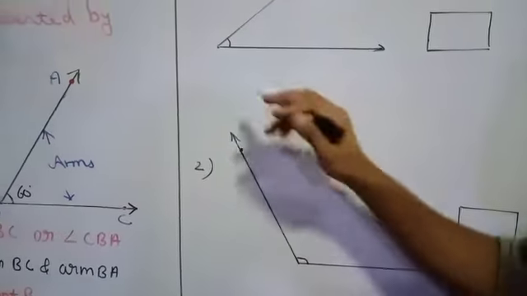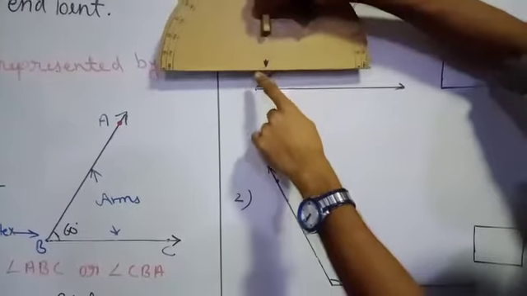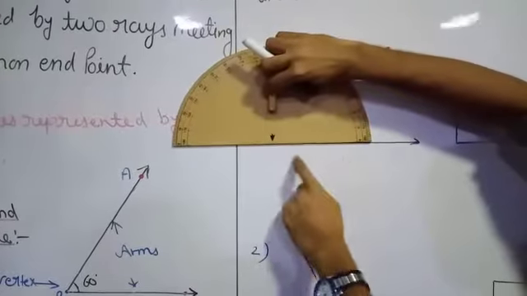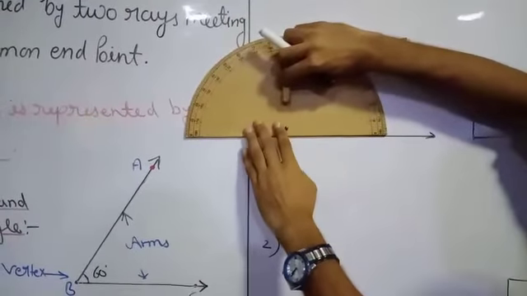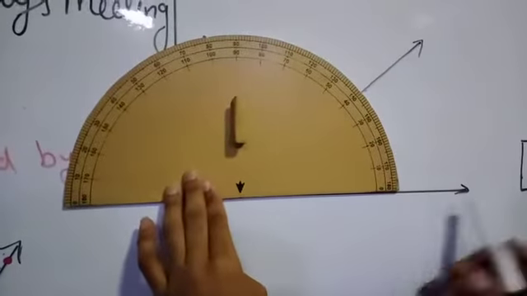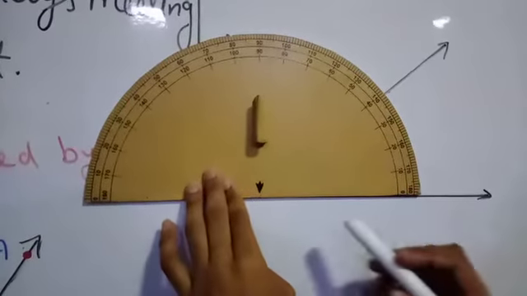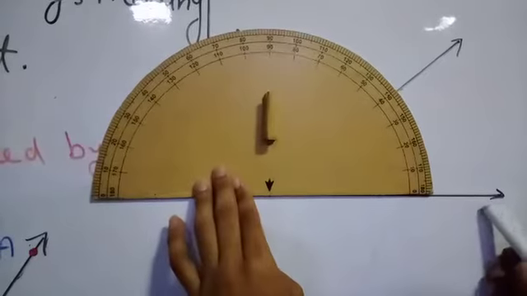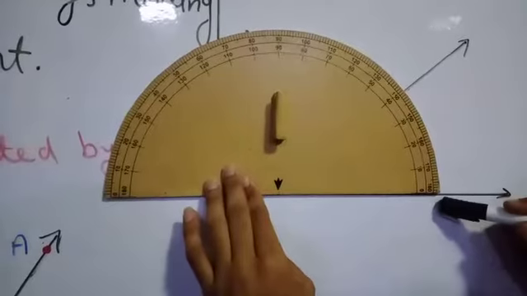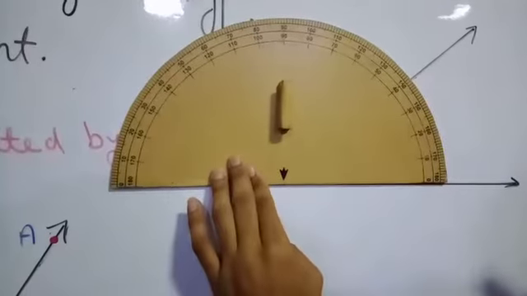Like here we have this angle, we want to measure it. As I said, we have to put this arrow on the vertex and this line exactly here. This arm is increasing this way, so we have to start from there only. Earlier I said opposite, but I could not explain it properly. We always have to start from the side where the ray is increasing. So you can see here, 0, 10, 20, 30, 40. Got it?